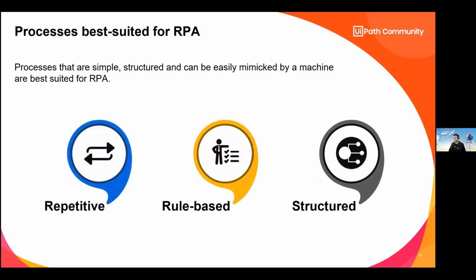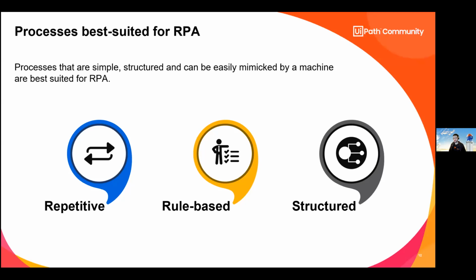But not every process is best suited for RPA. We are all going to hear that we can automate everything, but that's actually not true if we don't want to be involved in huge and really extensive projects. If we want to do things the right way, we are going to select processes based on 3 simple things, at least from a first perspective.